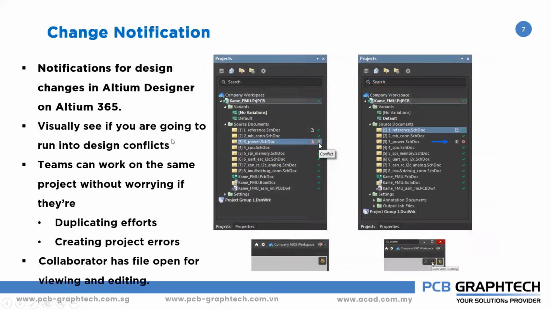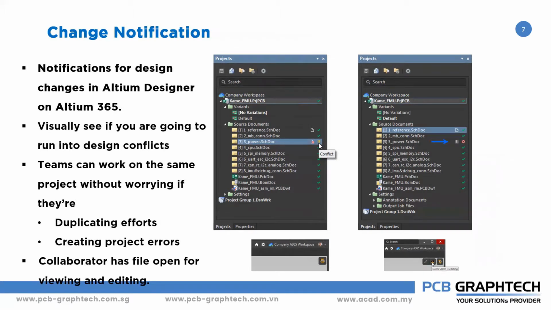Okay, then change notifications. For example, when I create a project and the same project is placed inside the Altium 365 workspace as a managed project, all the collaborators work on the project. For example, there are 6 members as collaborators and 3 members are working on the project.